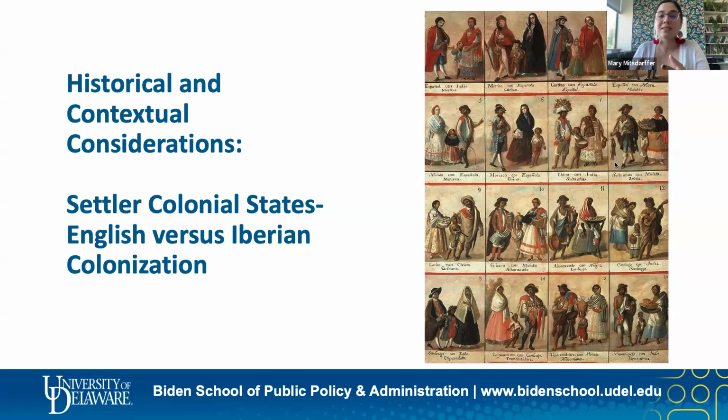And so when we talk about a settler colonial state, what we're talking about is that the United States first had British colonization, right? 13 colonies. We all learned about it in school when we were little. And during this time, there were experiences of indigenous genocide. There were experiences of the enslavement of African peoples. And there was the experiences of oppression of people who were not perceived as white, right?